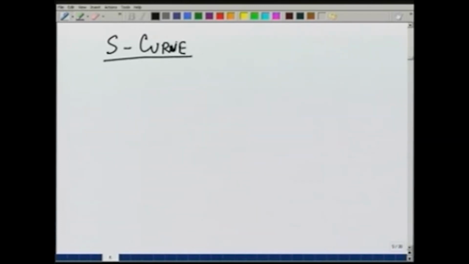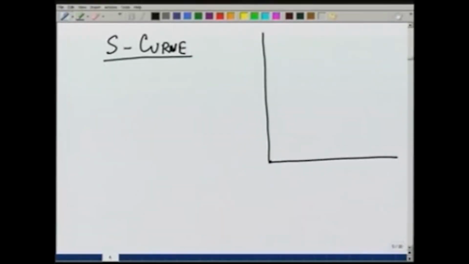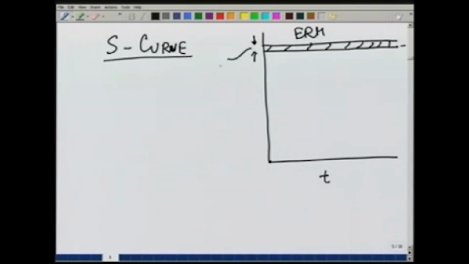Now, we have seen in the previous lecture, this S curve is the direct runoff hydrograph because of an infinite duration of rainfall. So, the ERH looks like this, and it continues to infinity. The intensity would be 1 by d centimeter per hour, if we have taken a d hour unit hydrograph,